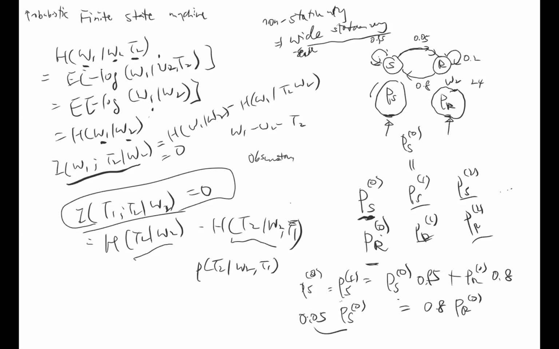But what are these things? PS0 times 0.05 is how much probability is going out of the sunny state on day 0, right? And PR0 times 0.8 is how much probability is coming into state 0, right? So if we balance this, then we will have the steady state probability, right? We want this to be equal to that, and you can balance each pair of the nodes. If you have more nodes, assume you have a many state